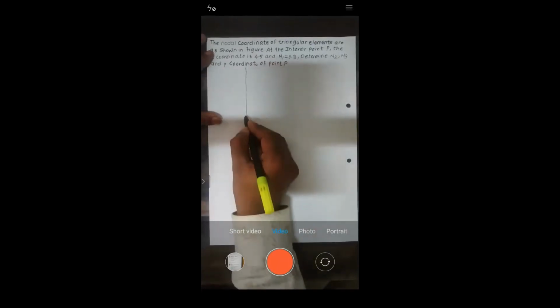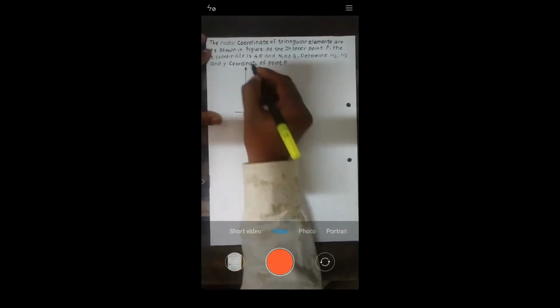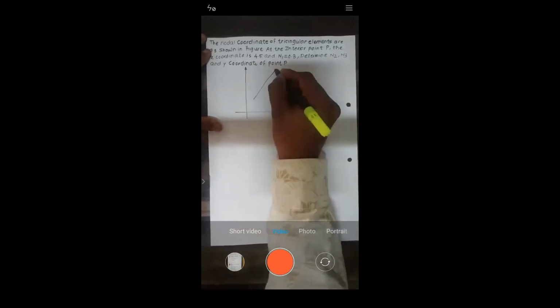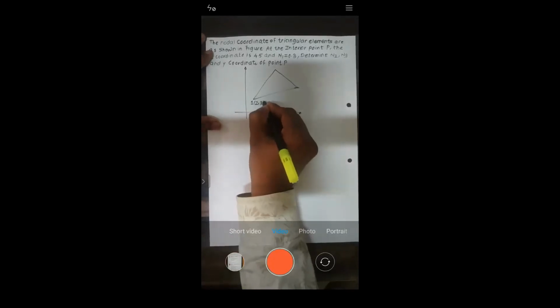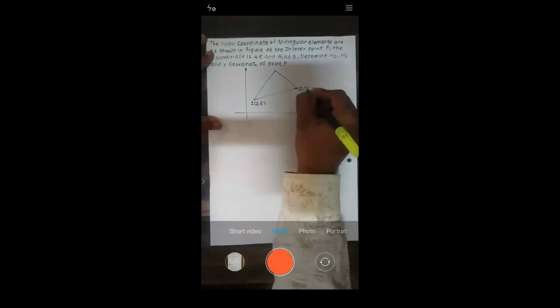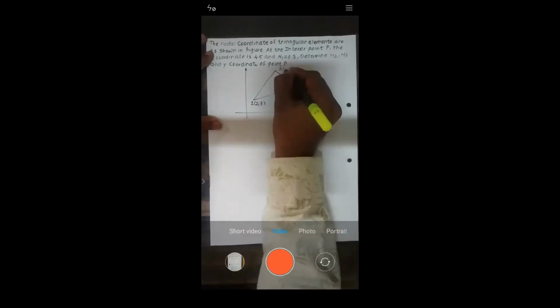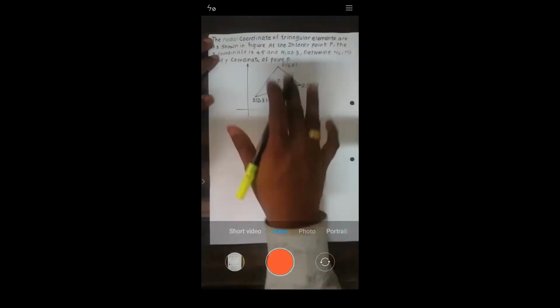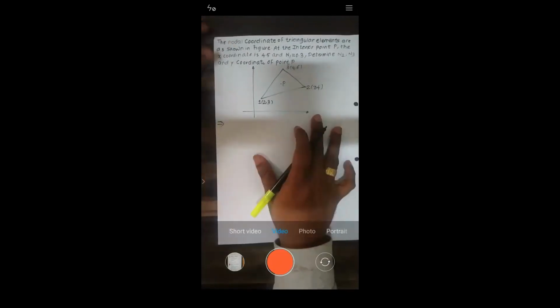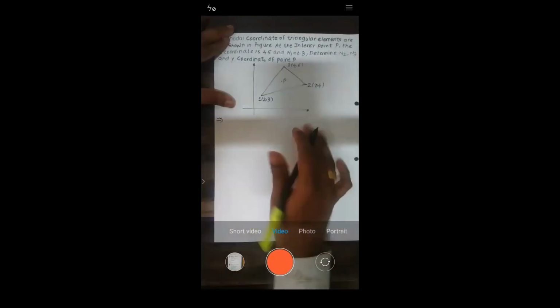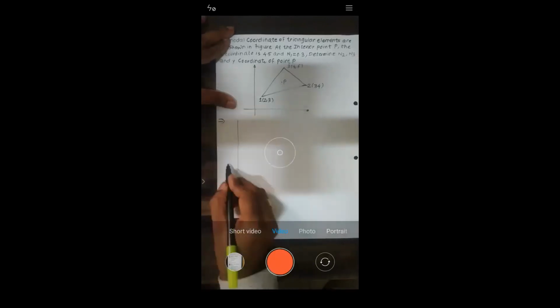So this is the diagram which is given in the problem. This is node number 1 with coordinate (2, 3). This is node number 2 with coordinate (7, 4). This is node number 3 with coordinate (4, 6). They have given one interior point P. Based on the given data, try to refine this diagram. I will draw that diagram again.